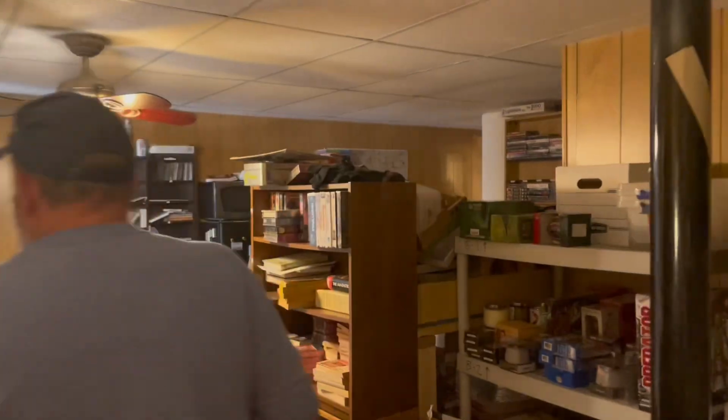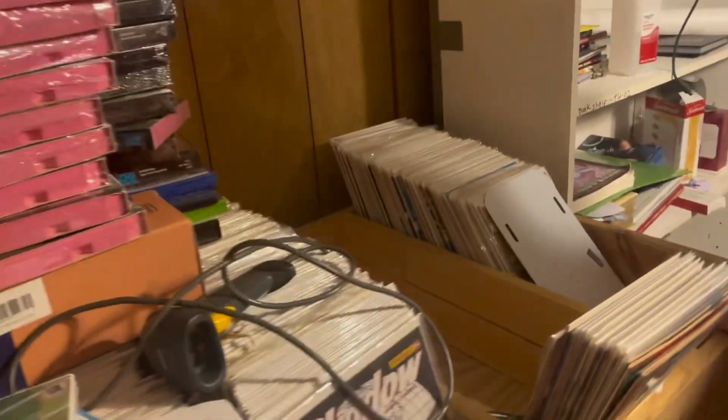We are still working on clearing out this section over here, so if you want to see this, you'll see that I got a lot of comic books. Remember, this was full, and we've sold a ton of comic books on